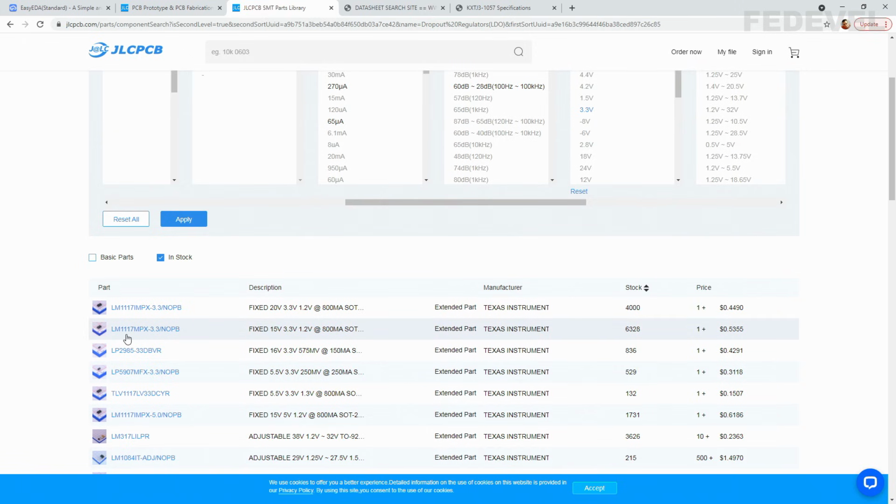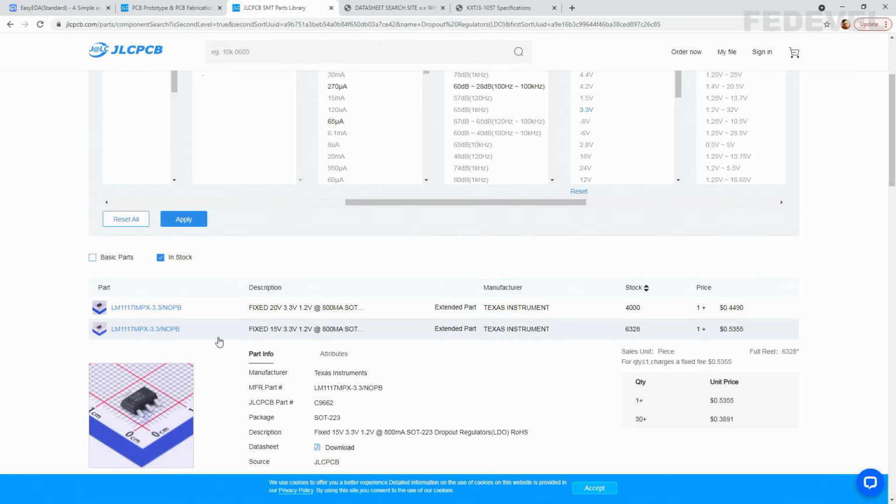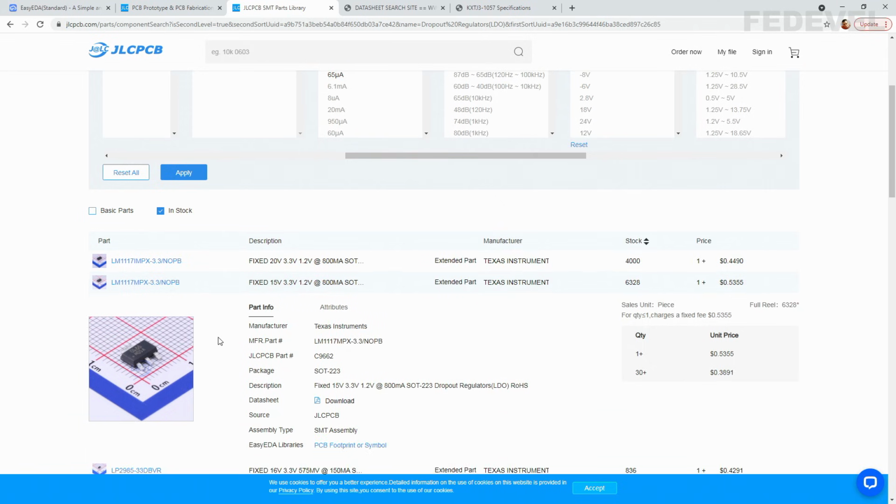The LM1117 is a very popular part, and we have them here, so that's what I'm going to use. It's maybe not the best component for a battery powered device, but it's good enough for what I need. Click on download and open datasheet.